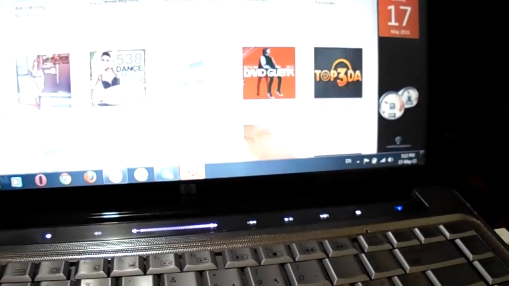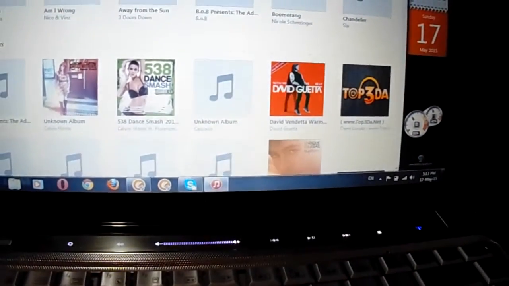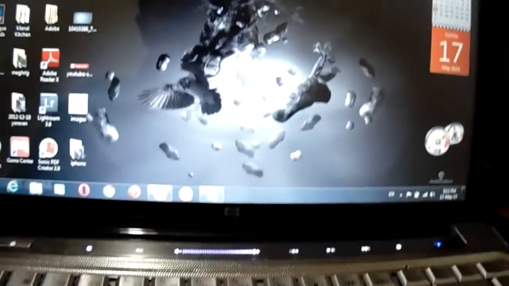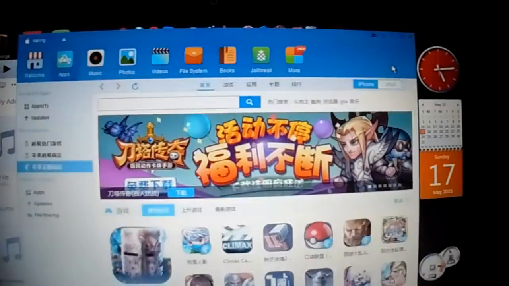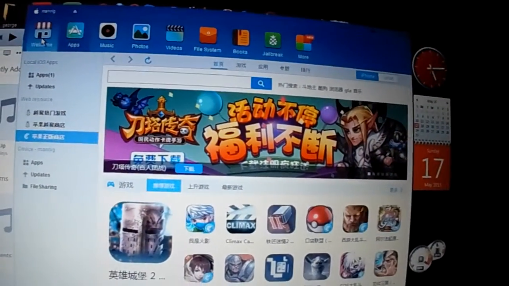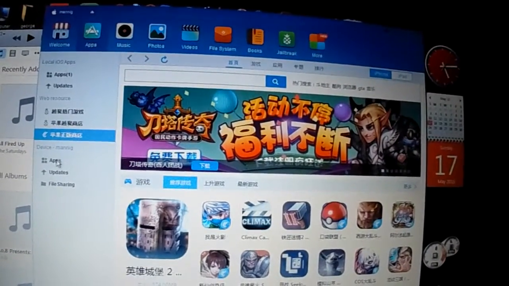Then open Tongbu like this. And then do the same thing. Go to apps again from here.